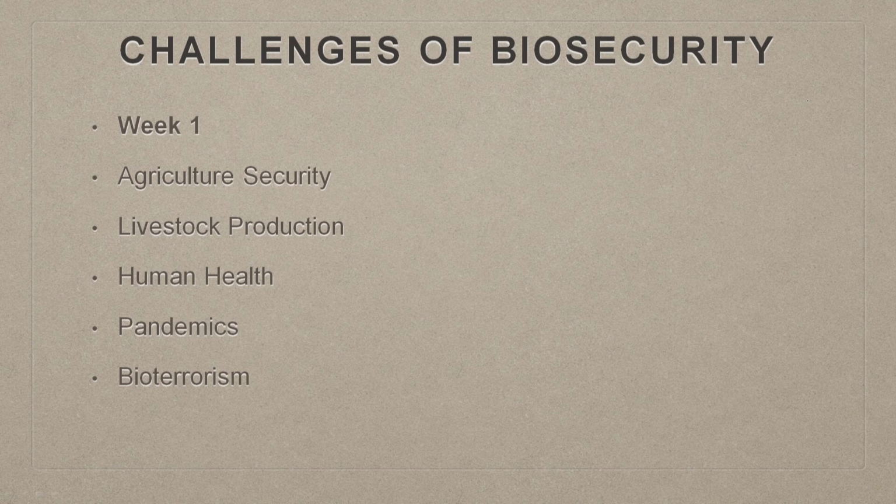It is very interesting to note that written history says that bioweapons have been used by humankind for almost the last 800 years. The history dates back to the 13th century, where there are evidences, and we will be discussing such evidences,